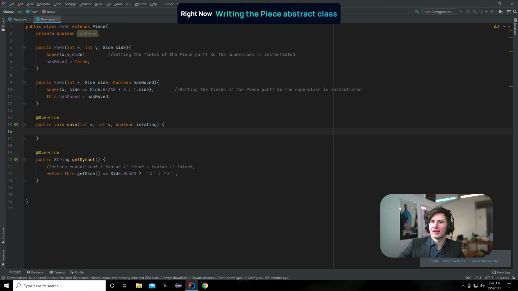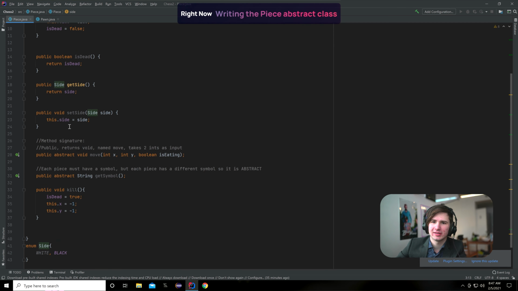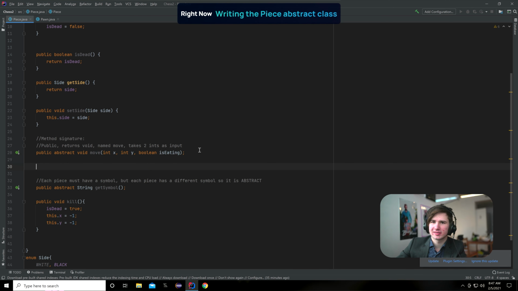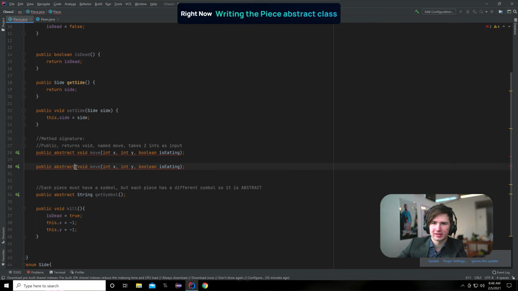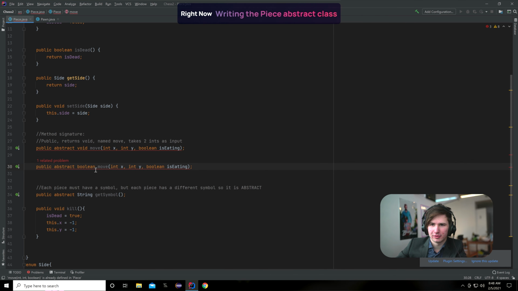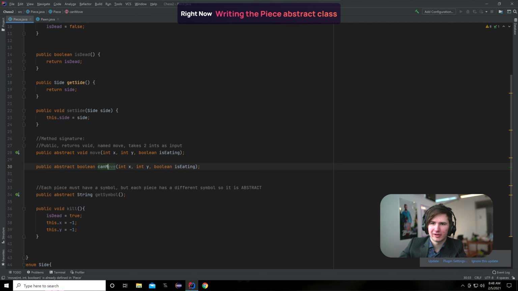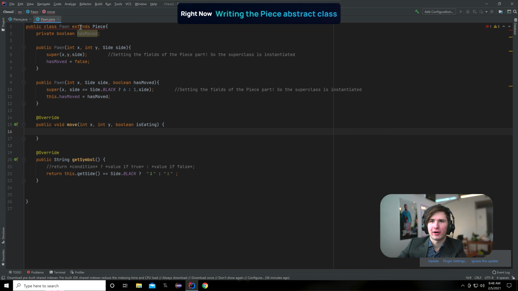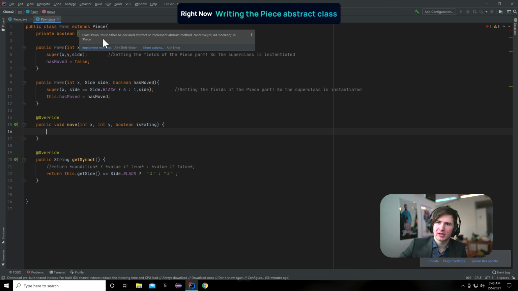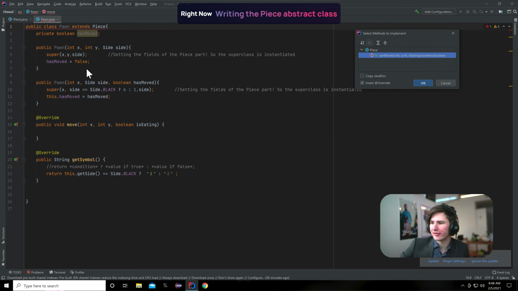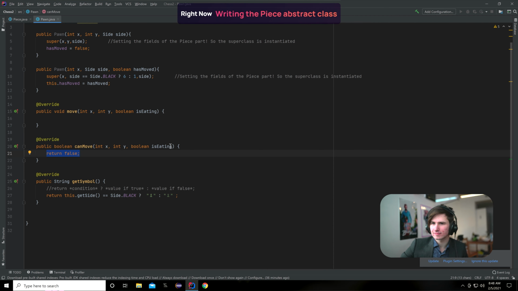But now we can implement our move class. So let's see, when is it acceptable to move? In fact, our move class is going to be a bit different. I forgot to do one of the abstract methods, which is to check if we can move. So similarly to move, we're going to have it be called canMove, and it's going to return a boolean. This is just going to check our movement rules for our pieces. And notice when I added this extra method, the pawn class is suddenly red. We cannot use this class anymore because there's an abstract method which is not declared. So now if I click implement methods with canMove,